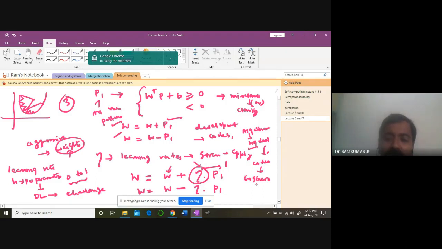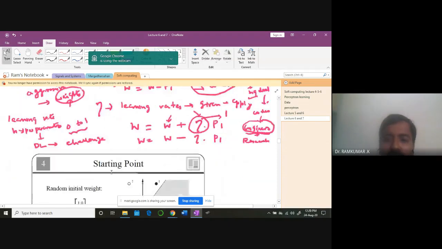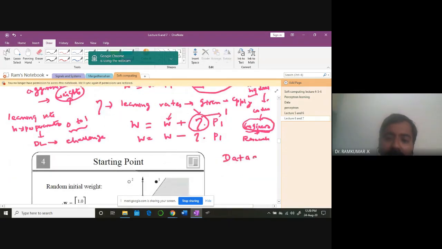Particularly for engineers, you are not doing research. Research means you need to come up with a new algorithm. But as an engineer, when you work in this field, it is essential for you to know the tools and how to operate them. These algorithms are very well defined and the codes are all available. So development of code is not a big deal. The challenge comes when you apply it to your data set. That's a big problem. As a young engineer, you'll be given a data set and asked to infer something from the data. As a machine learning engineer, you'll be working on it.